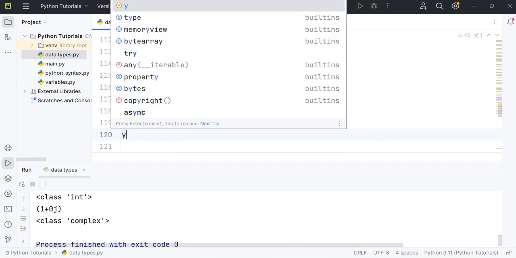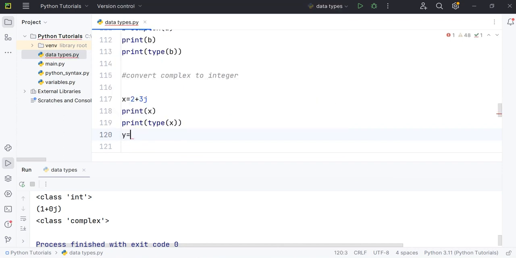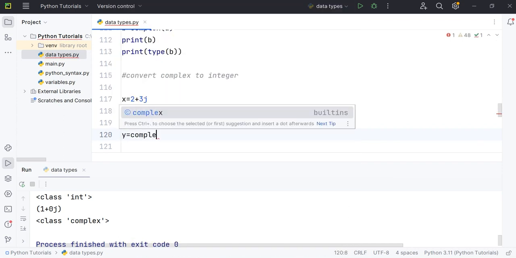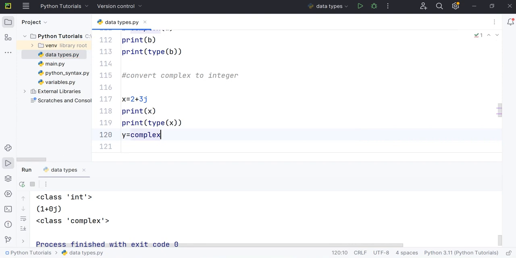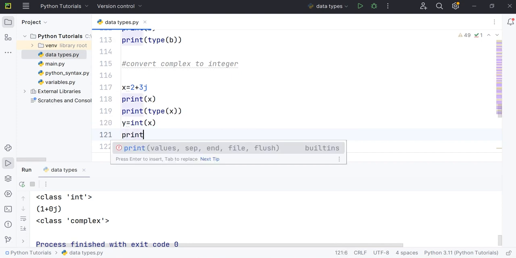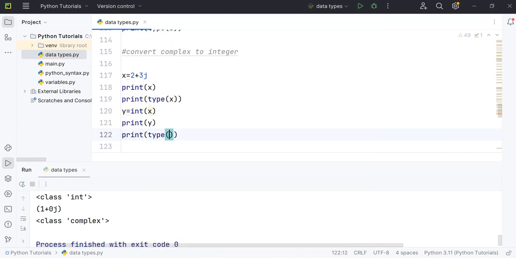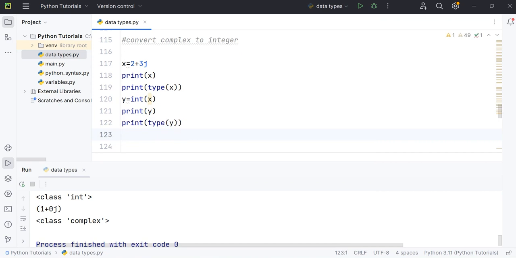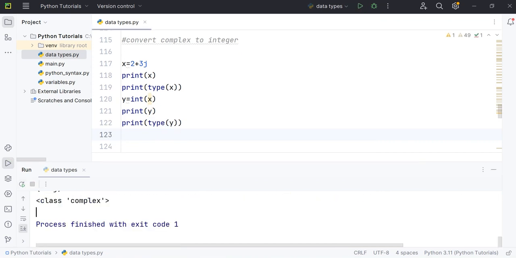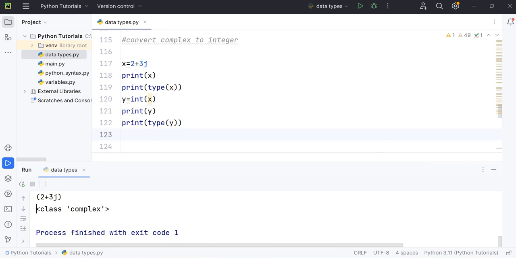And then y equals, sorry, I have to convert this into integer. So here I say int of x, print y, and also check the data type of it. So here I say print type of y. Okay, so now when I go and run, so what's actually happening is, you see,